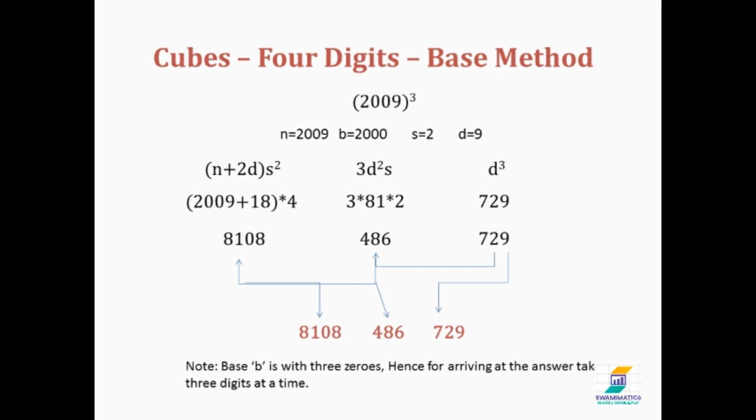Now, we have seen 2 different methods, base method as well as ratio method. What I would suggest is, whatever you did in ratio method, see whether you can do the same in base method. Same way, whatever we discuss here in base method, try the same with ratio method. And also, as I suggested earlier, take more examples so that you are in a position to do much faster.